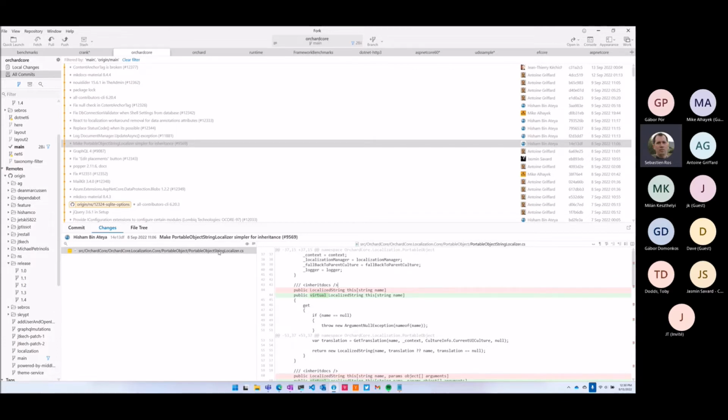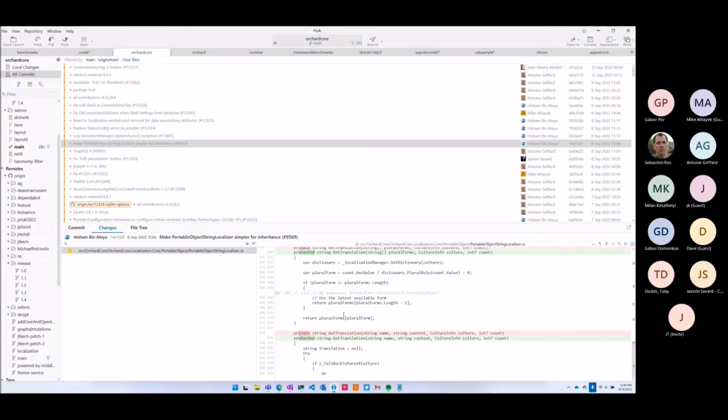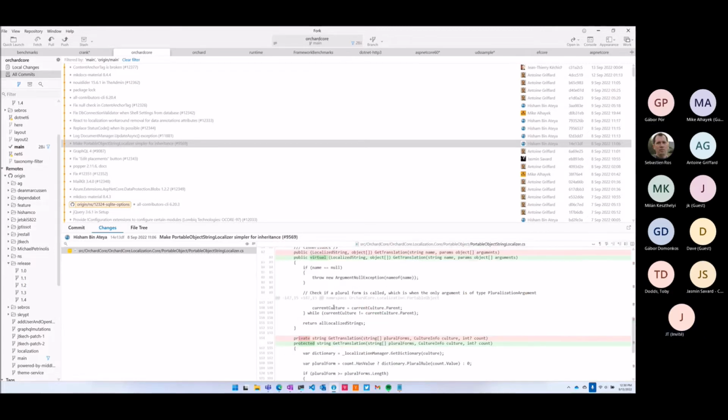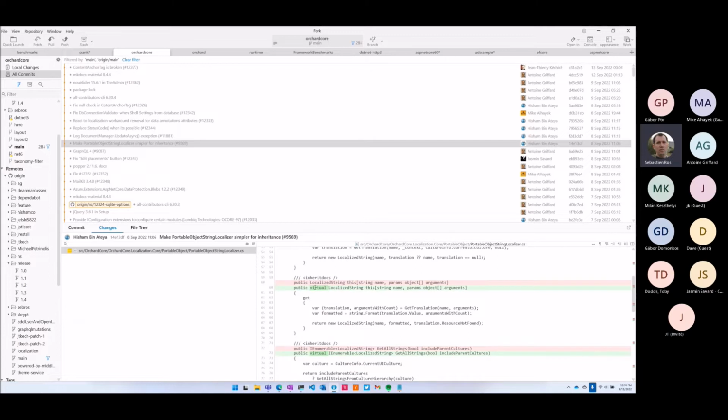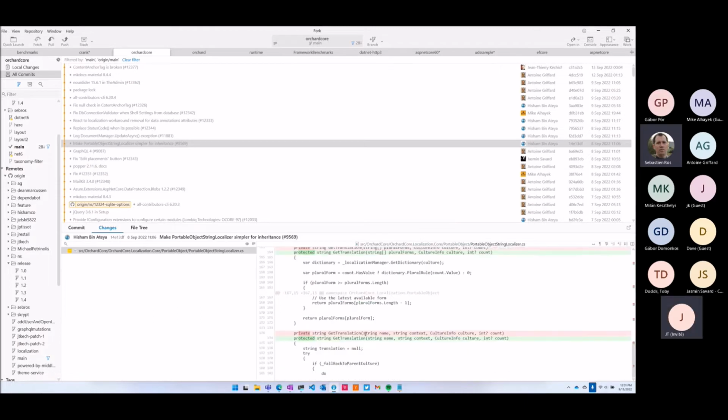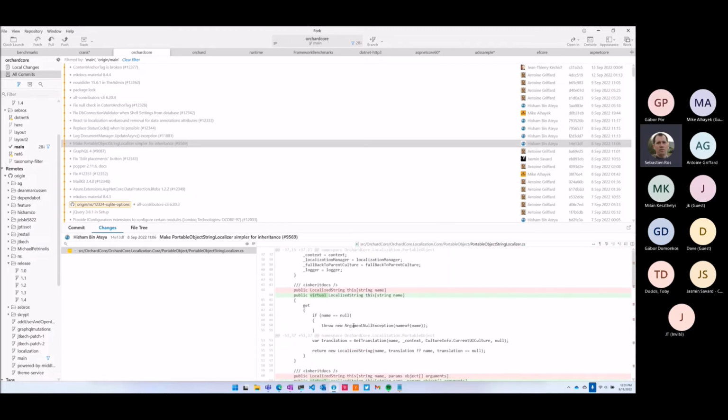It's a portable object string localizer, not whatever type of portable object string localizer. Also the goal is to not have, because if you start doing that, you're like, okay, now let's do it for every public class, because why not? And also because it's not sealed, because it's virtual, it has an impact for perf reasons.